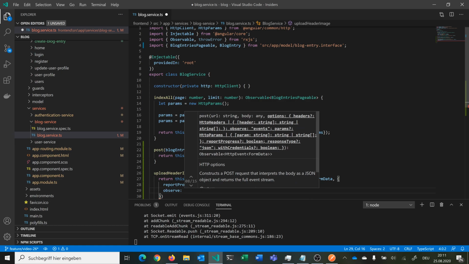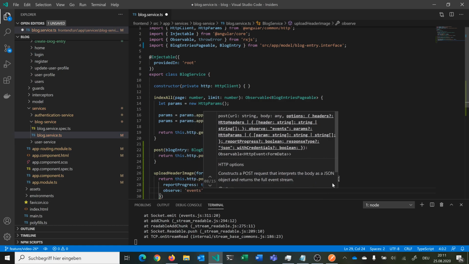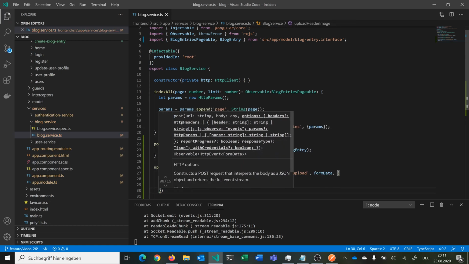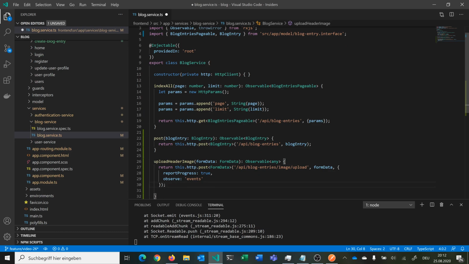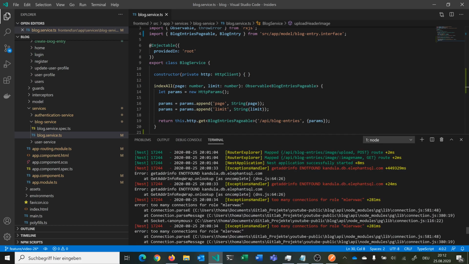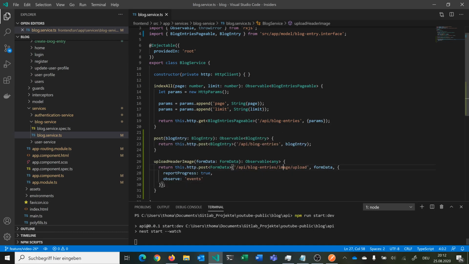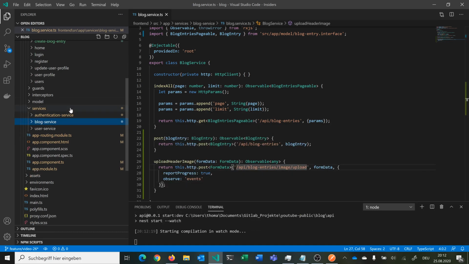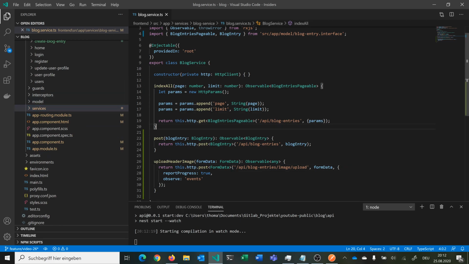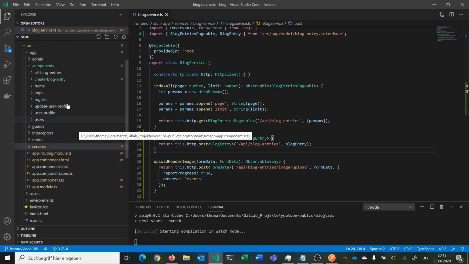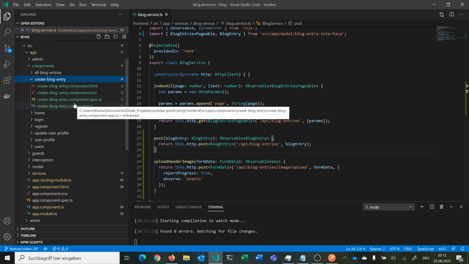And we want to observe all our events that we have. And we can make just a semicolon here. This should be done. And now we can move on. So we have here our BlogService now. Now we have all the functions that we need to execute with our component. So we can move on to our blog